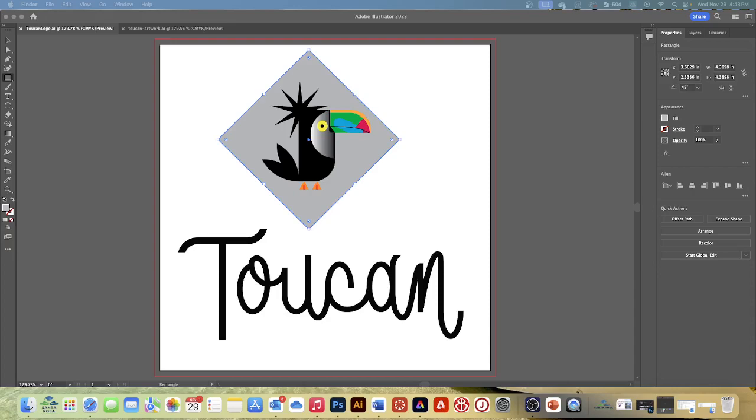In this section, you'll give the bird a stick to perch on. You'll trace a picture of a stick to get shapes. So let's choose File,